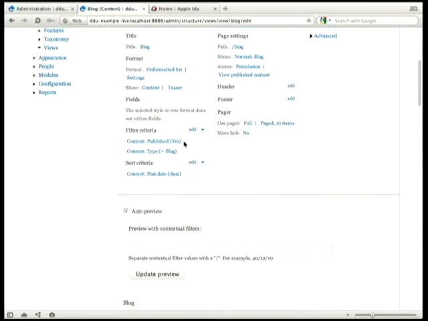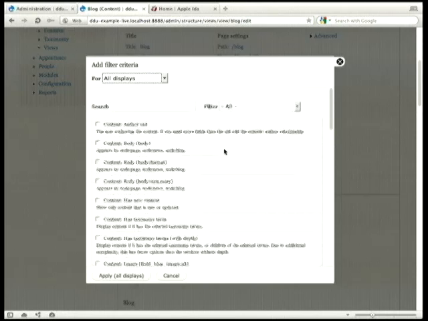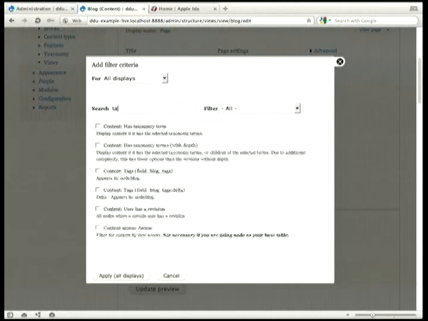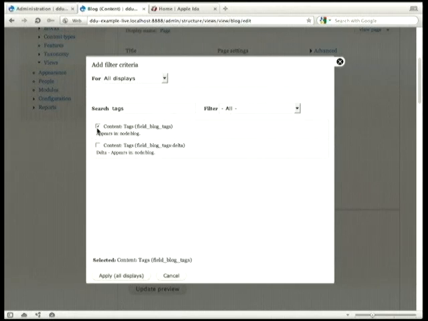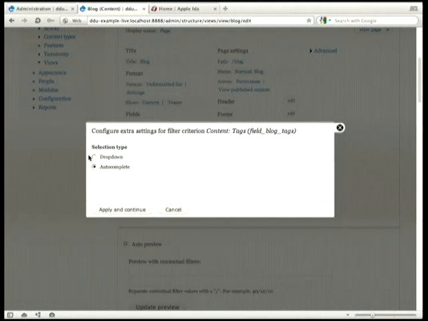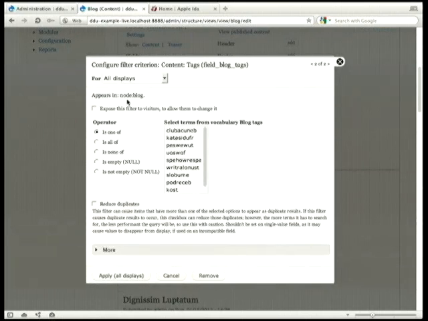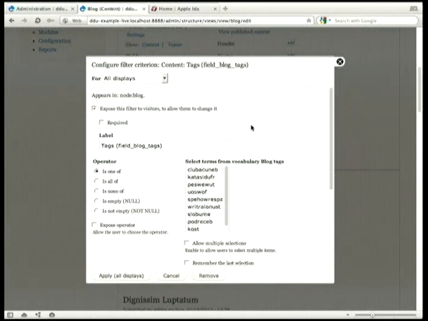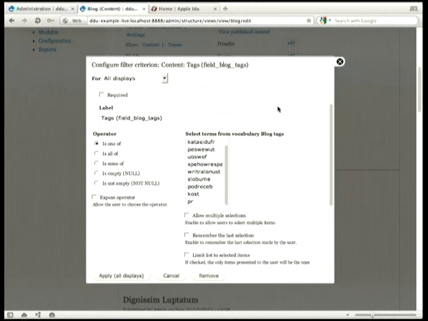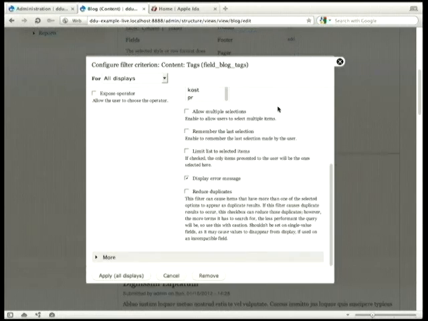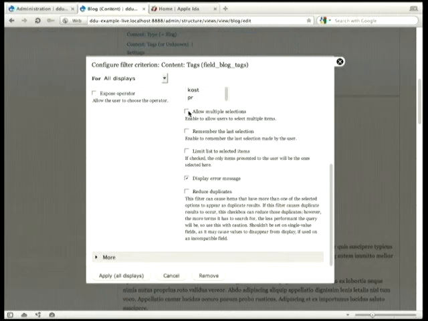And what I'm going to do is add a new filter. So currently they're filtered by whether it's published, so only published nodes are going to show up, and the node type is blog. So what I want is my tags field. And maybe we'll make it a drop down. And then I'm going to tick this button that says expose filter to visitors. So that means that they will be able to see it at the top and filter themselves. And I'm also going to allow multiple selections so that they can filter